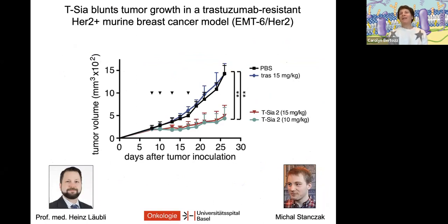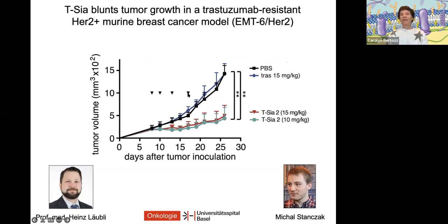So we joined forces with Heinz Laubli, who is an oncologist at University Hospital Basel, and who was working in a breast cancer model in the mouse, a syngeneic orthotopic model in which the EMT6 breast cancer cell line is engineered to express human HER2 and then can be engrafted in the mammary fat pad. And this is a model that's notoriously resistant to the naked antibody trastuzumab. And Heinz and his grad student, Michael Stanczak, showed in their own lab that when you grow tumors in these mice,